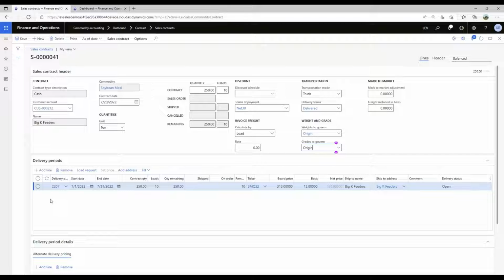Below that is the delivery schedule. And this is the pricing and delivery of when our customer can expect or when they have committed to take delivery of the product. We can have multiple delivery periods here. This contract just has one. It's for July. There's 250 tons. And the board price for the product is $313 a ton with a basis of 13, makes it $326 per ton is the agreed upon price for delivery